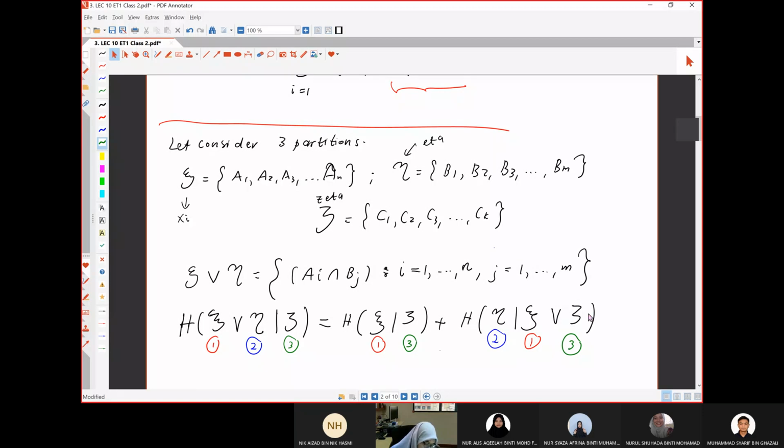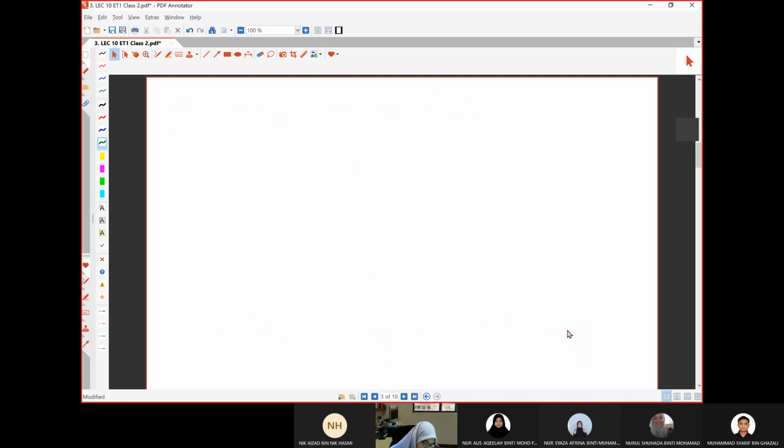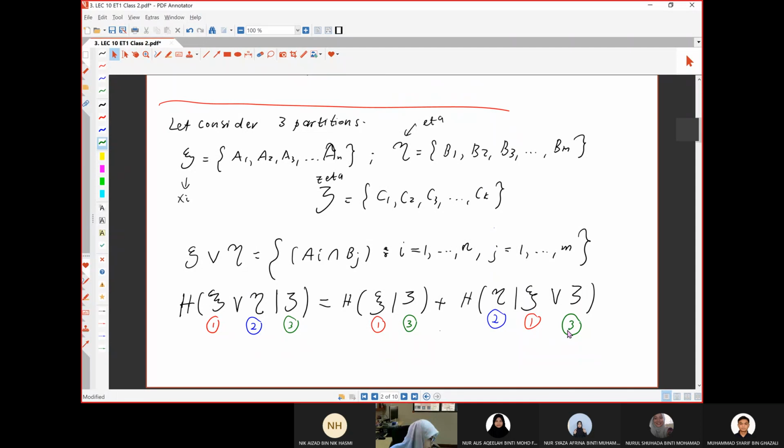So for the case of the given that, okay, we have zeta. So the third one should be on the right always. Must always be on the right. And the psi, first one, and then the second one. And then the second one, you have to remember this one, is psi join with the third one. Okay. So let's try, for the particular case,